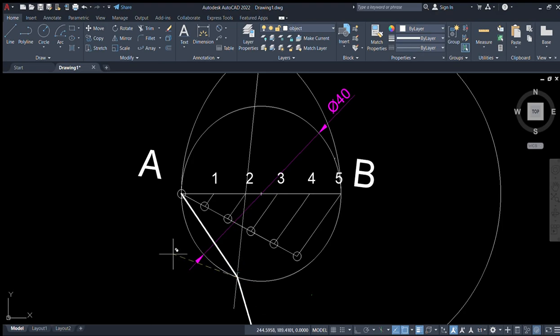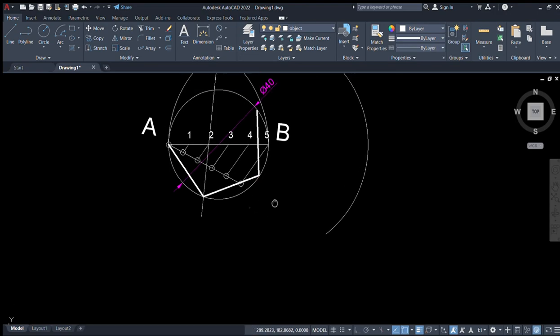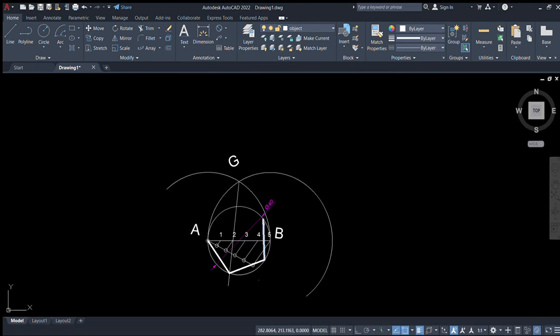So take your compass and mark there. Again take your compass and mark there. Again, taking this as the center, like that,